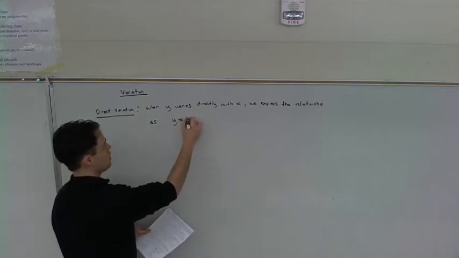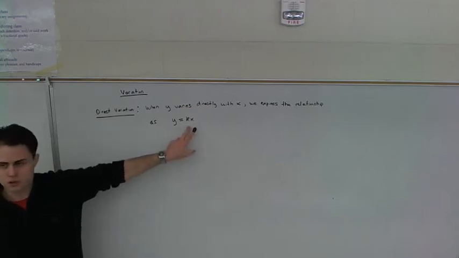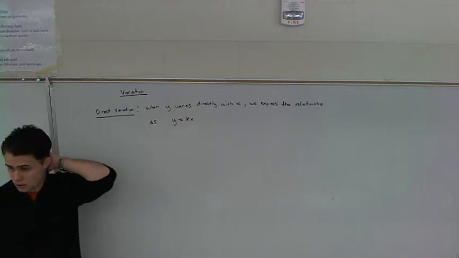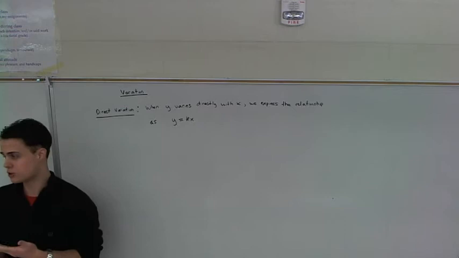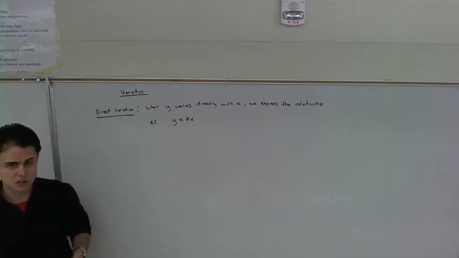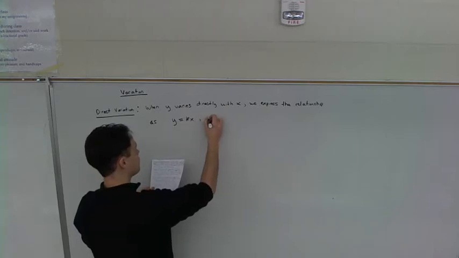Y equals kx. So it's multiplication. When I use direct variation, that means multiplication with some constant. K is the constant, could be any number, 2, 3, 1/3, 200 million, anything that's a constant. You don't know what it is yet. Okay? So K